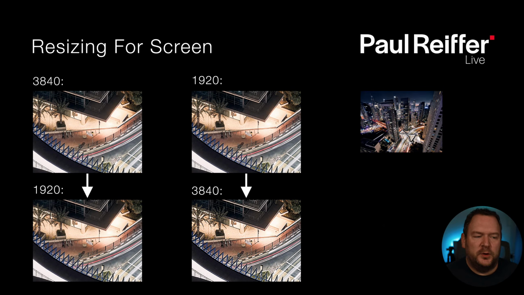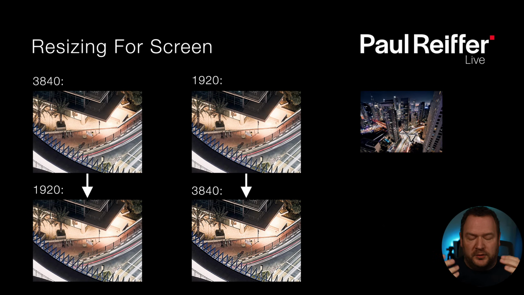But what you'll end up with is more pixelation, interpolation that you can't control because the screen and the computer is deciding how to interpolate that up bigger. So for every 1 pixel, it's now creating another 3. Remember, going from HD to 4K, it's double, 1920 to 3840, but in area, you're going from 1 pixel to 4 pixels. So for every 1 pixel in the original image, your screen and the software has to imagine what would be in the other 3.